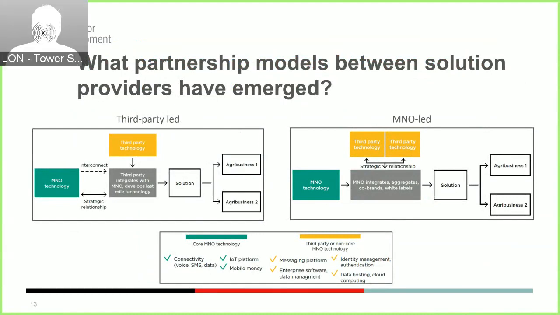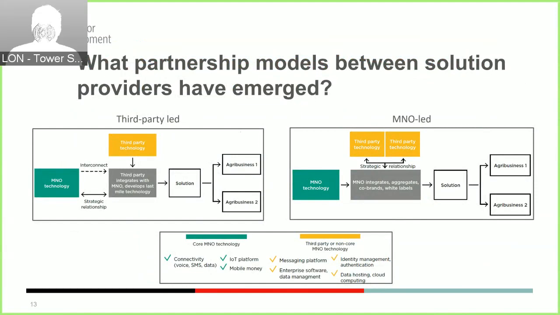If we look at the benefits of each model described here, it is clear that a benefit of the third-party led model is the agility of small tech firms to upgrade and also to customize solutions to the needs of the enterprise customer. On the downside, the fragmentation of the ecosystem means that agribusinesses looking to implement multiple digital tools, working with multiple tech providers, essentially will have to manage different solutions and different provider relationships.